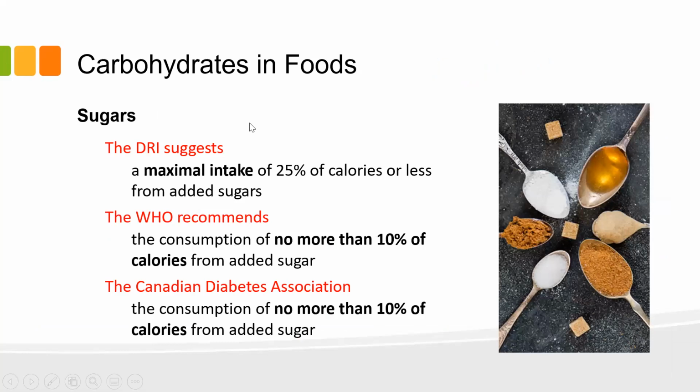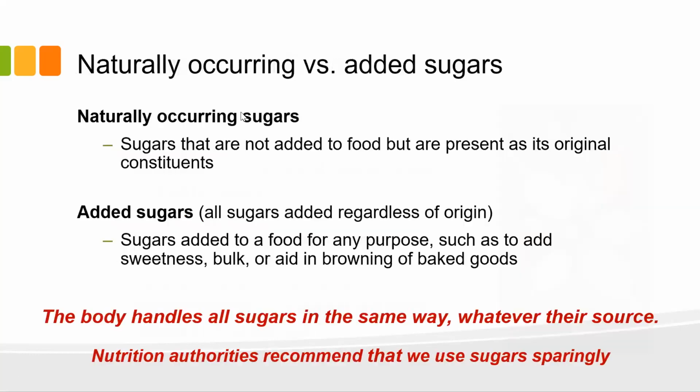So let's just kind of switch and talk about sugars for a couple of minutes. And by sugars, I mean the simple carbohydrates, the ones that are either monosaccharides or disaccharides. So the ones we talked about before were glucose, fructose, galactose, maltose, lactose, and sucrose. This is not bad in itself, but many of us consume way too much of this. So you can see these recommendations that we try to have 25% or less of our calories from sugars. That's a lot of sugar. The World Health Organization and the Canadian Diabetes Association are telling people, let's cut that down to 10%. Let's aim for 5% is really what they're telling you to go for.